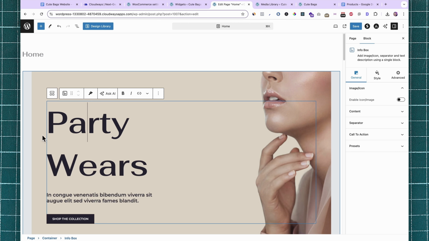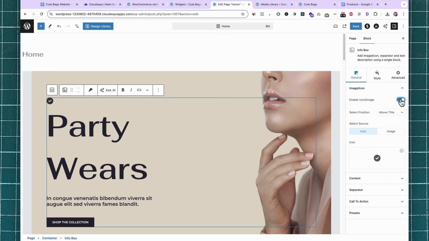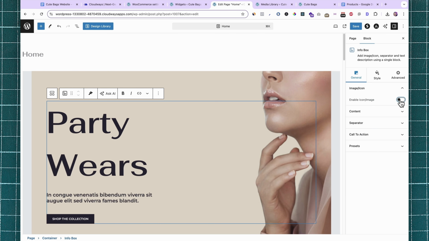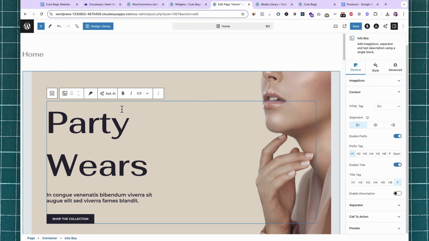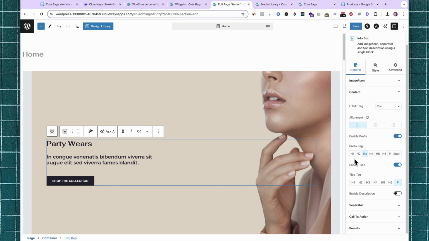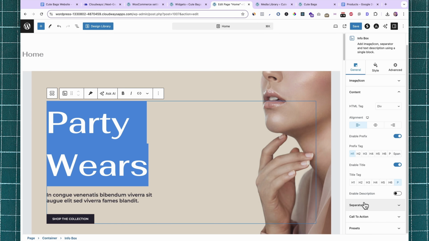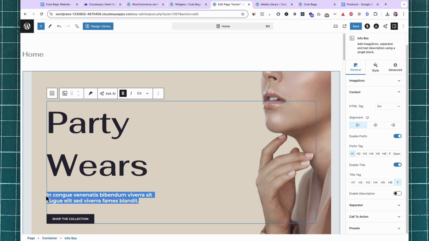let's say if I just select this info box, at the right here you're going to see the different options that you can use to customize this element. So let's say if I want to enable icon, you can see the icon will show up at the top here, or I can disable it. Then if I come over to content, this is where you can customize the content of this element. So let's say if I want to use an H3 header for the prefix text, that's this text, you can see it is now smaller, but I'll just keep it at H1,